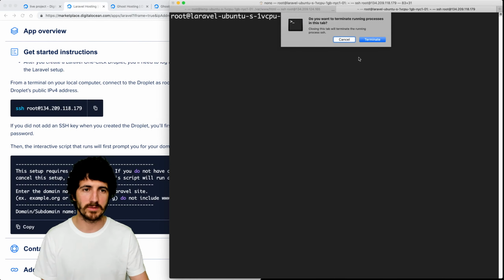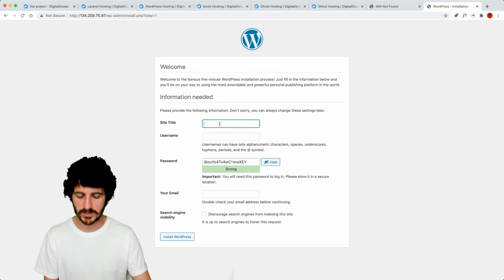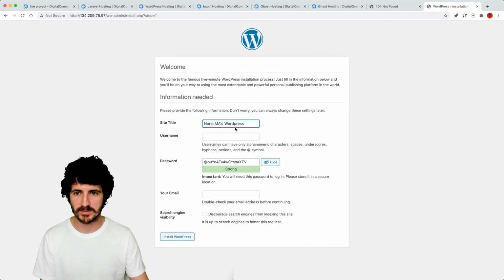Okay, the WordPress one and the Bcoin one. So let's access them. Yes, so this is the WordPress one. Subdomain name, we don't have one, blah, blah, blah. And for this one, let's see what's in here. Yeah, so I guess this is just a fresh install of WordPress.